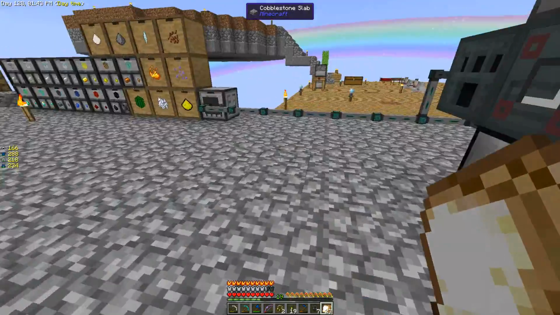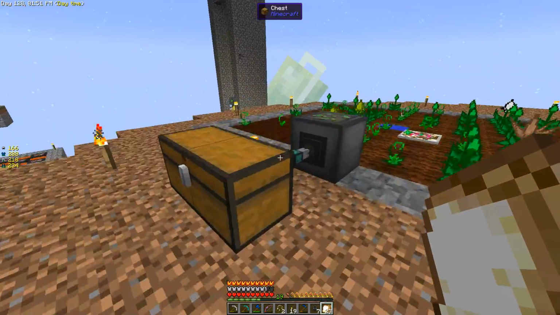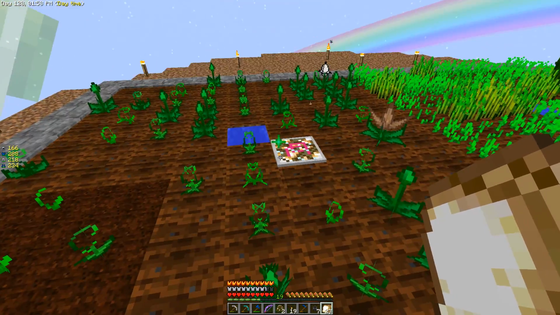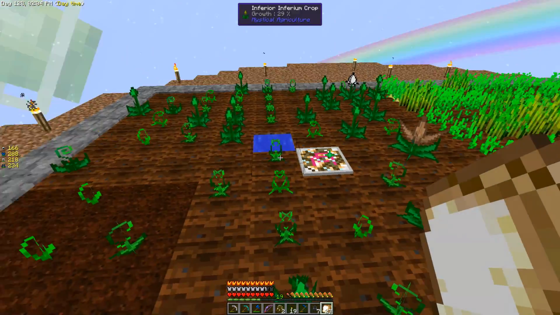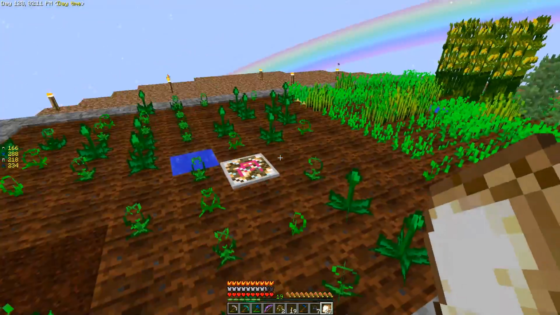Now, if you don't know what greenhouse glass is, you put it above your mobs. You put it above your crops, and it makes it so... Man, it does look like that growth accelerator is speeding things up a little bit. Yeah, I don't know. Somebody was telling me in the comments that the tier 2 version of that is somewhat overpowered. It's a little bit overpowered. And I don't know if we want to, you know...